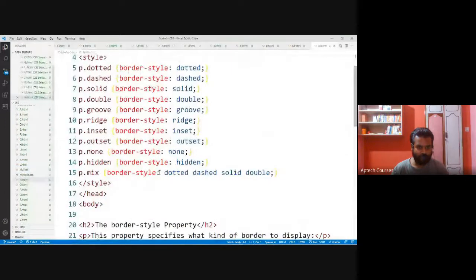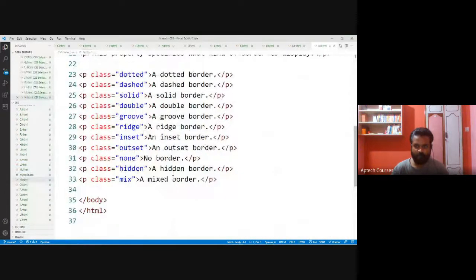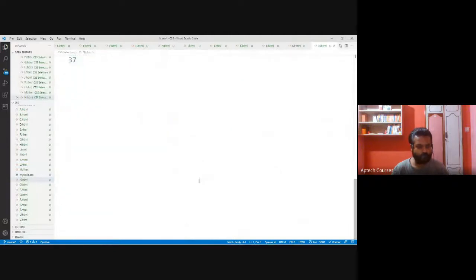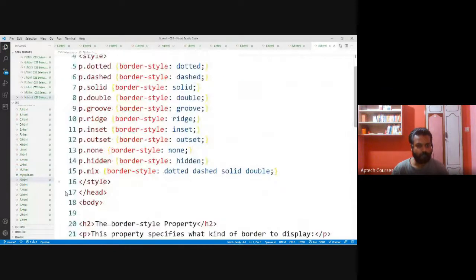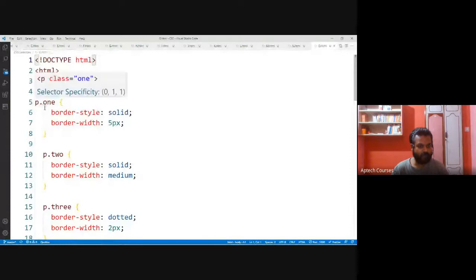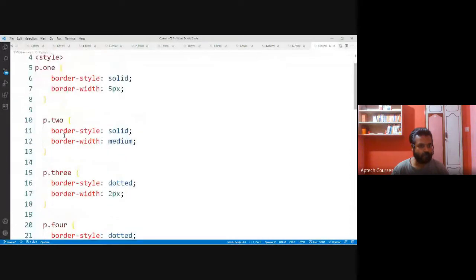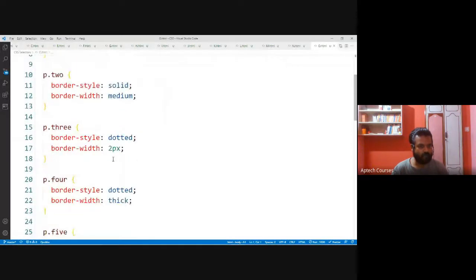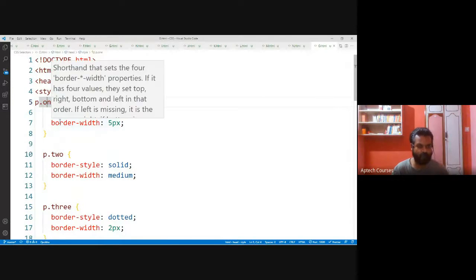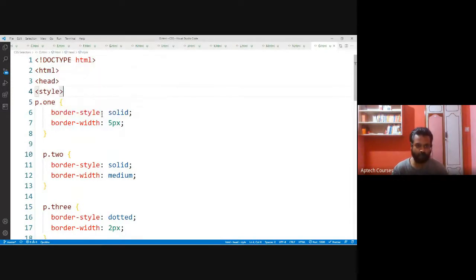So after this, I need to develop one now. Yesterday, whatever I showed you, we need to develop that project. So here, let me show you this. Why are we using this p.1, p.2? In this HTML document, we can develop any number of paragraphs with any class name.